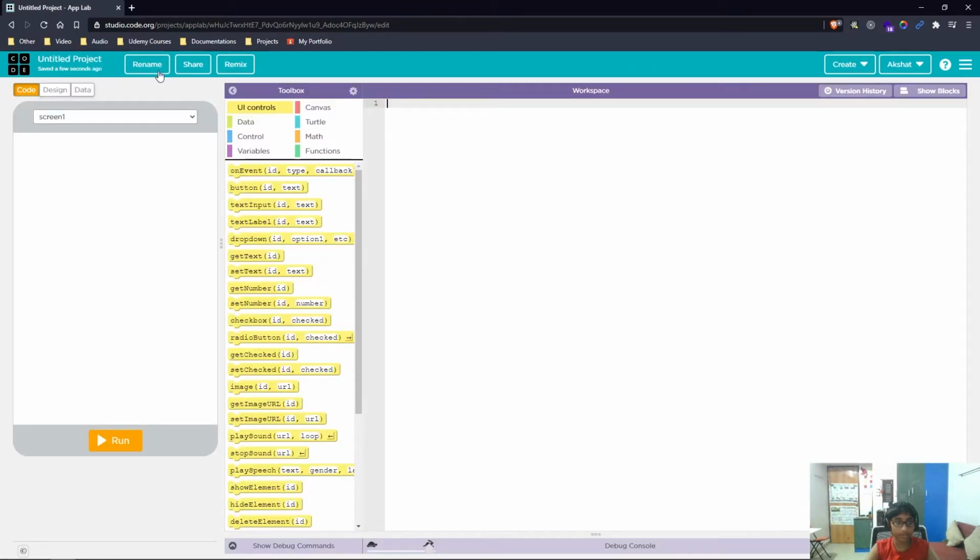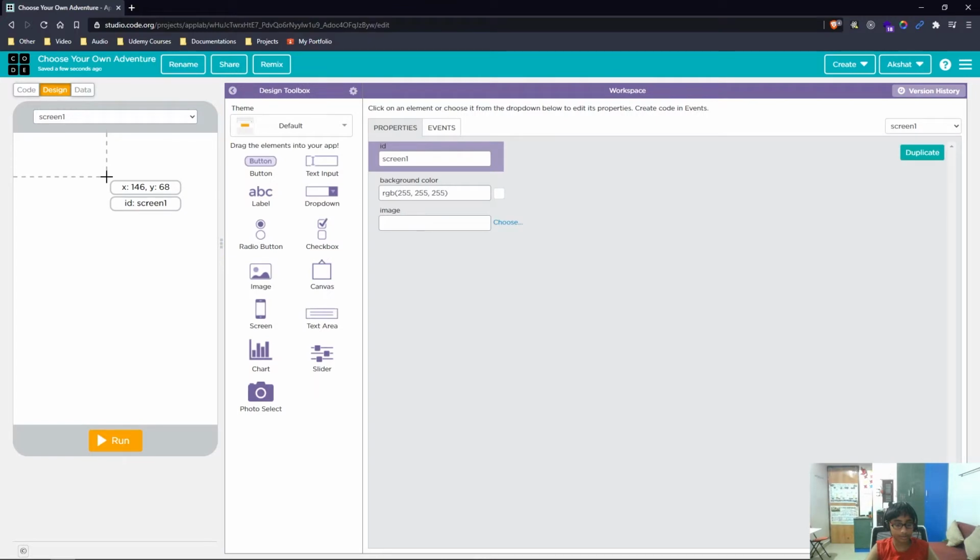Okay, there we go. Now we're going to rename this project to be Choose Your Own Adventure like so. Hit save, and there we go. Now we're going to start off with the design. So here I'm just going to drag in a label